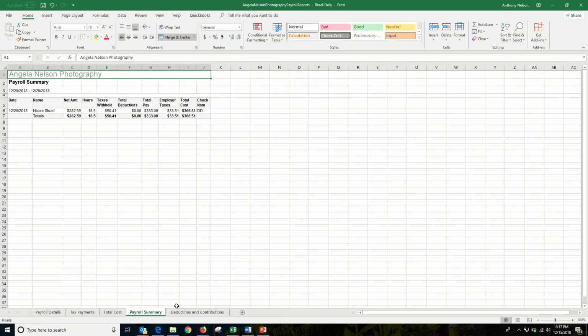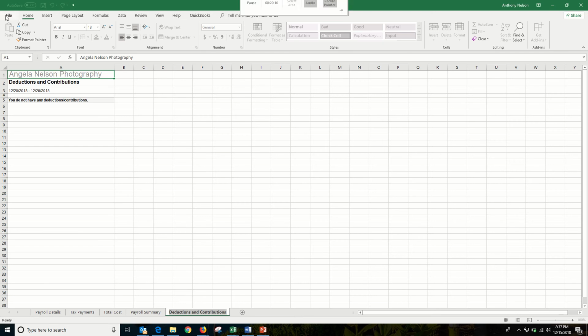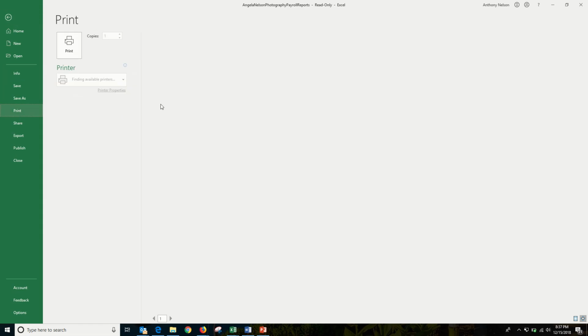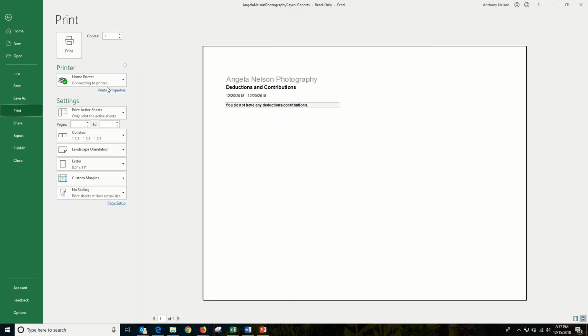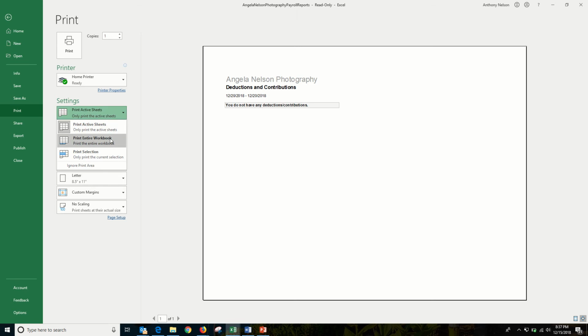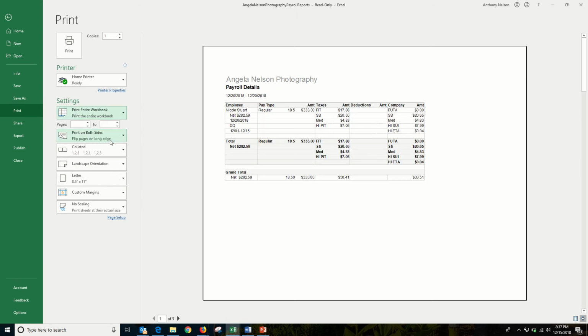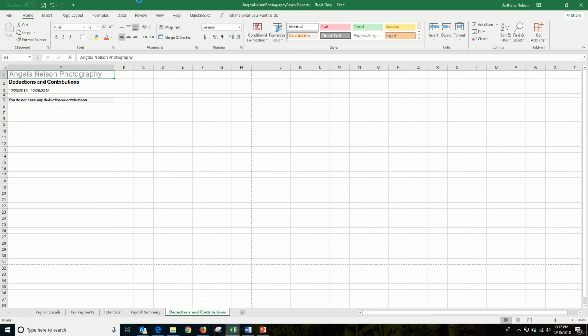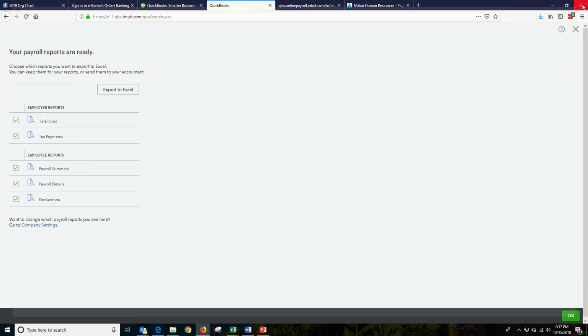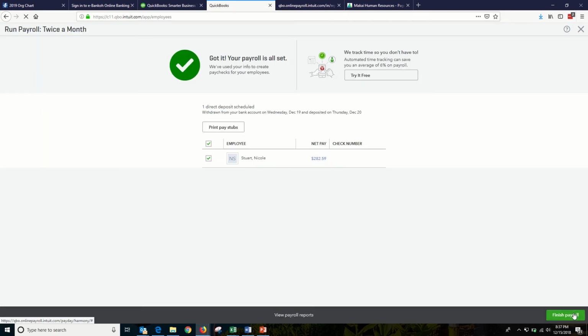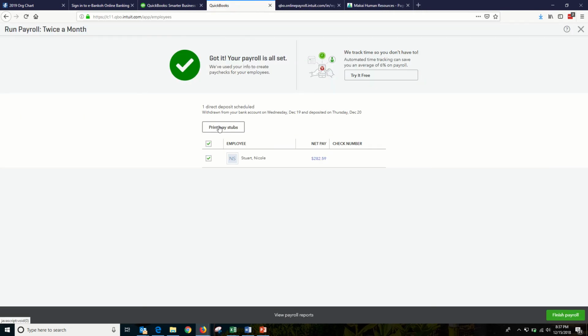It's not a ton of information here. So what I'll do is I'll go File, Print, and then it's important to say not active sheets, but entire workbook. Okay. So you get all 5 pages. I'll print that. So those are the two things that get stapled together, just for paper files. I'll close that. And then after I'm here, go OK, go back, and then I'll do the same thing with the pay stubs. But because I'm digital,